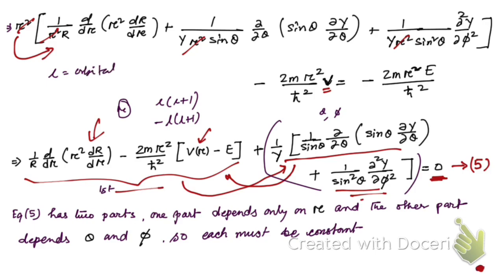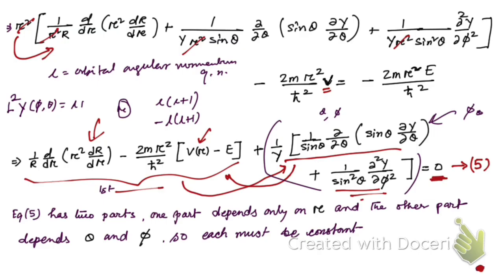The angular momentum operator, when it operates on this harmonic function, so that means we are talking about this second part, which is a function of phi and theta, okay, when it operates on this function, then